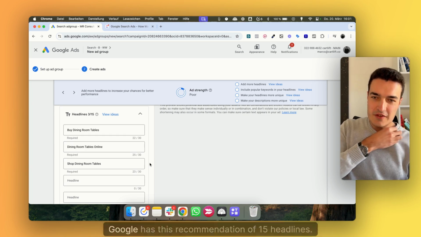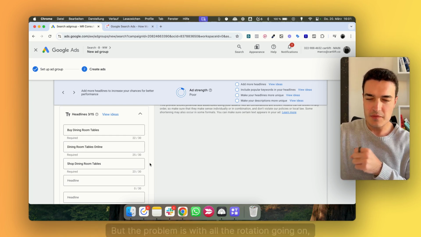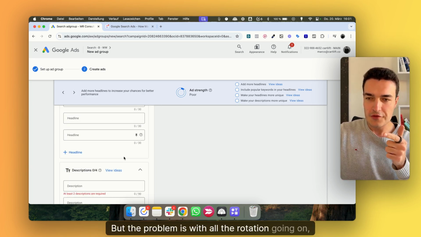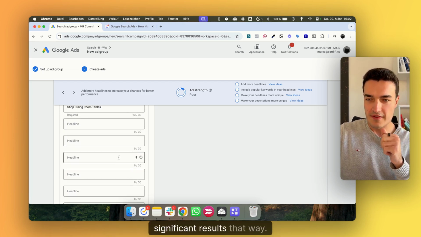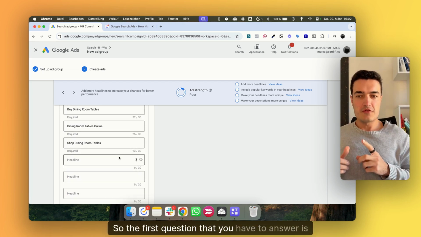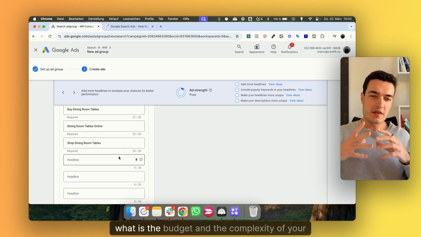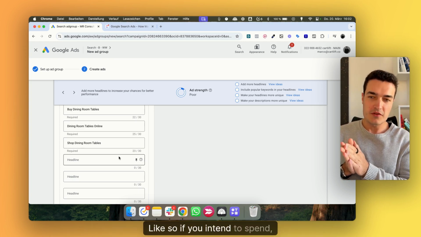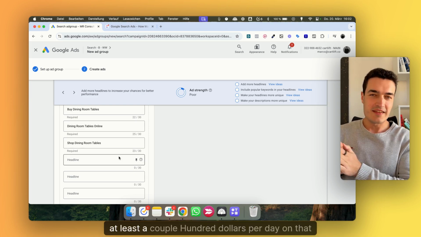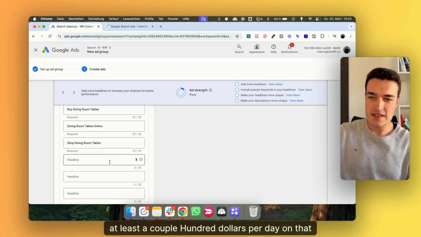Just as I said, Google has this recommendation of 15 headlines, but the problem is with all the rotation going on, it will take a very long time to get statistically significant results that way. So the first question you have to answer is, what is the budget and the complexity of your account like? If you intend to spend, for example, at least a couple hundred dollars per day on that specific search ad,